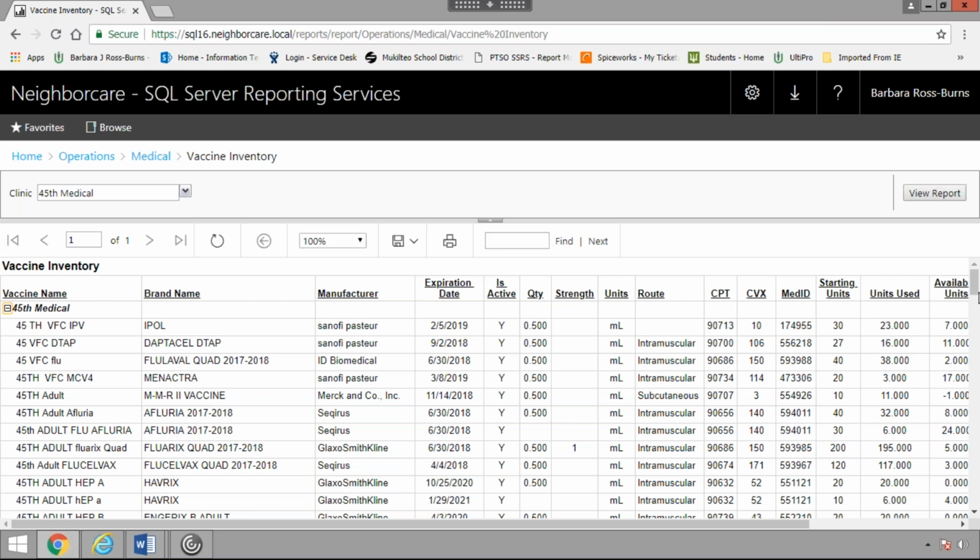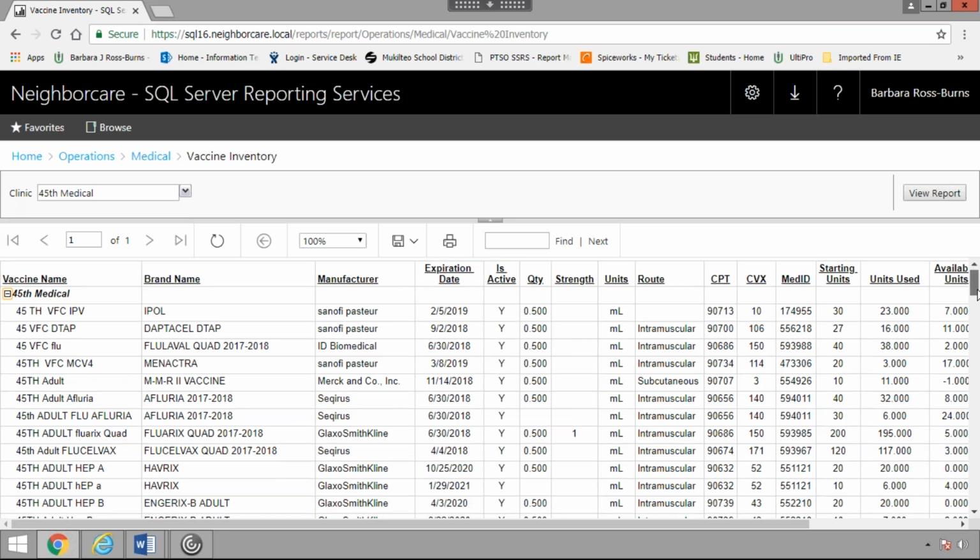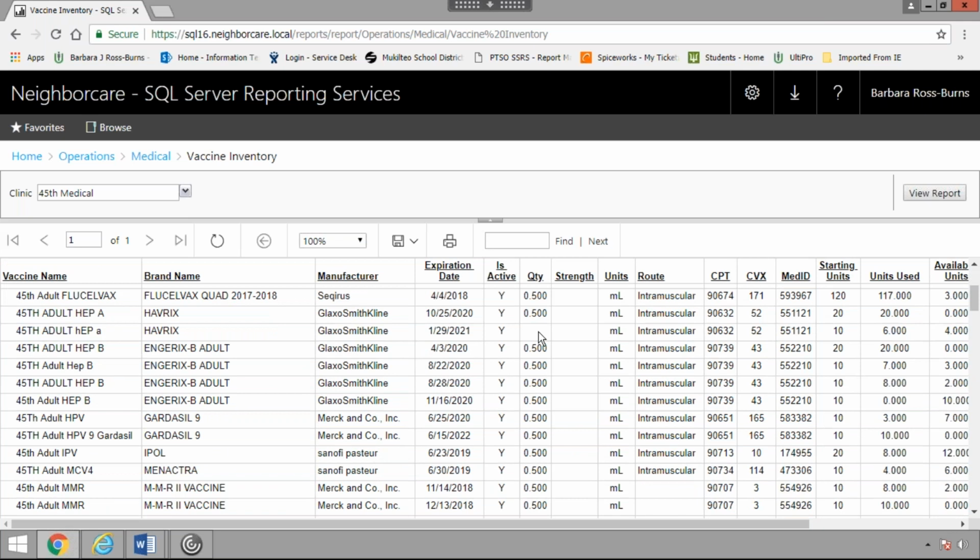You can also scan it to make sure you're filling in all the fields. Like here, I'm missing a quantity. You can scan, you can see that for this 45th Street Adult Hep A, I don't have a quantity in. And so you can use it for a lot of different things, but the most important thing you get out